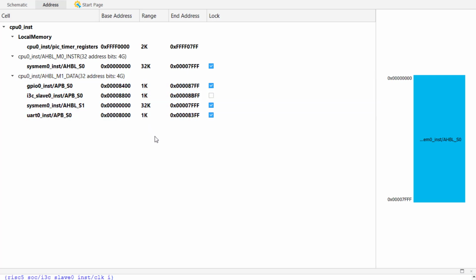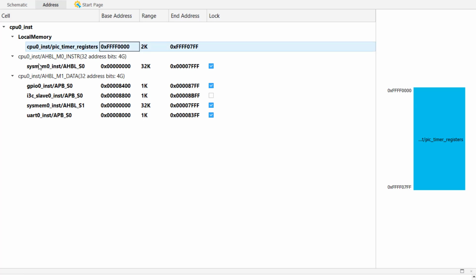Something important to note is that only connected components will appear in this Address Space tab. What this means is that if there are unconnected interfaces, or interfaces that were exported to be top-level ports, they will not appear in this memory map by default. In order for those interface connections to appear, you will need to use either the AHBL or APB feed-through foundation IP components in the IP catalog in order to connect those unconnected interface connections and have them appear in the